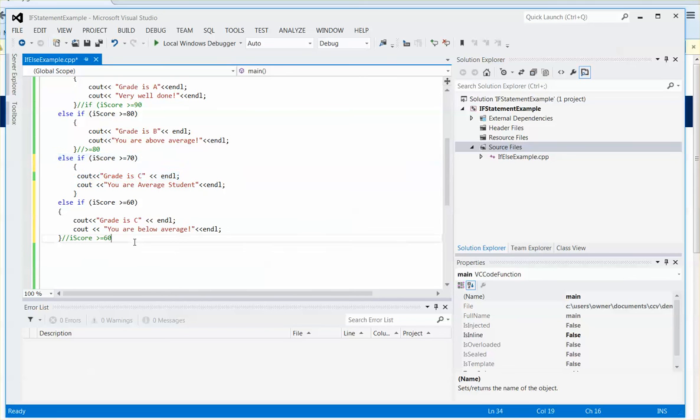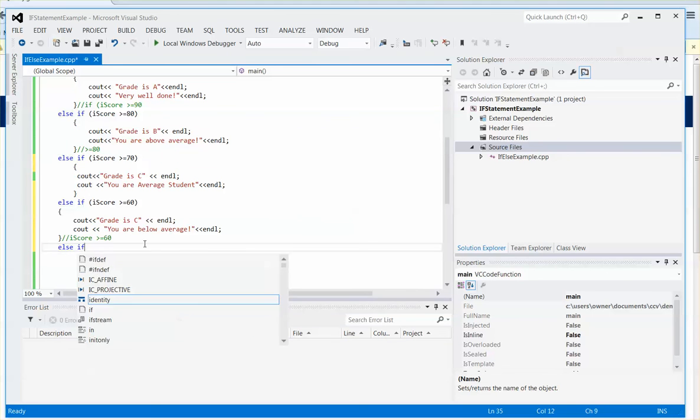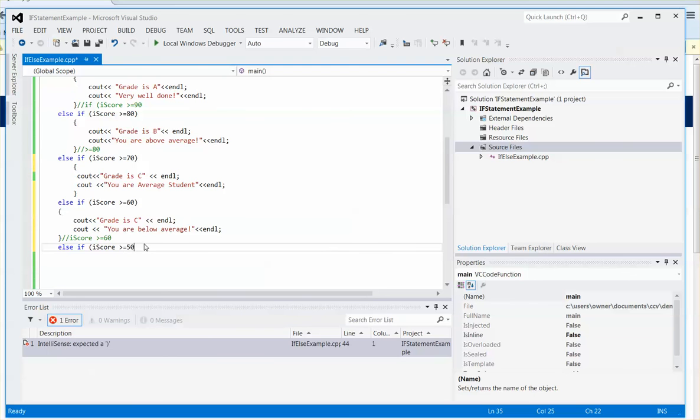Okay, so let's go ahead and just finish up this little program. Else if I score greater than or equal to 50. Actually, we don't even have to do that, do we? Well, yes, we do. So we're actually being really generous here. Oh, you know what I did? I'm throwing myself a loop here. It should be D. Sorry. Well, below D is an F, right? So we don't even need an else if. All we have to do is say else, which is the catch-all, because there is only a D. Now, obviously if we were using plus and minus grades, that would be an issue, so we'd have to put in more if statements. So I can just say else,